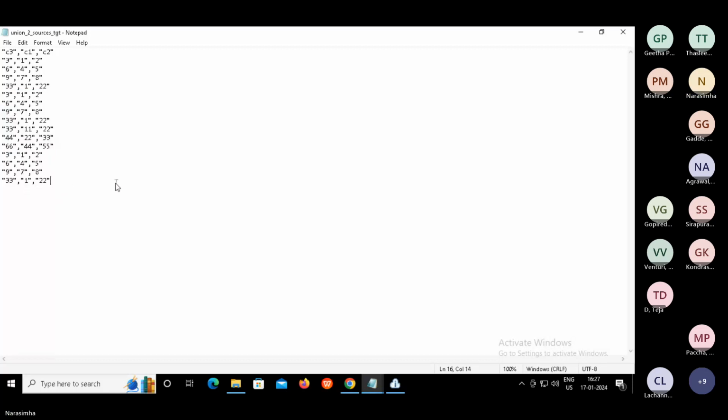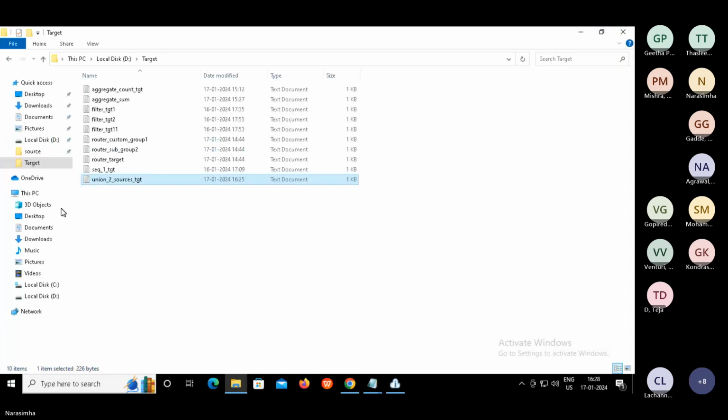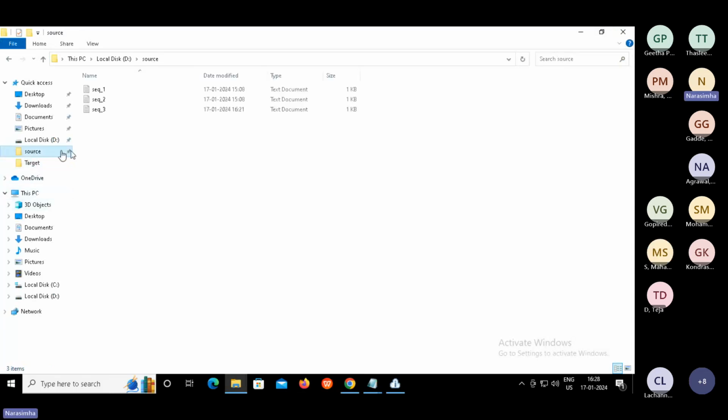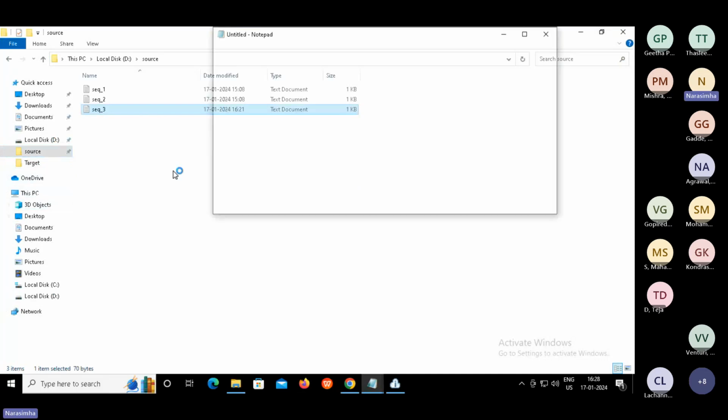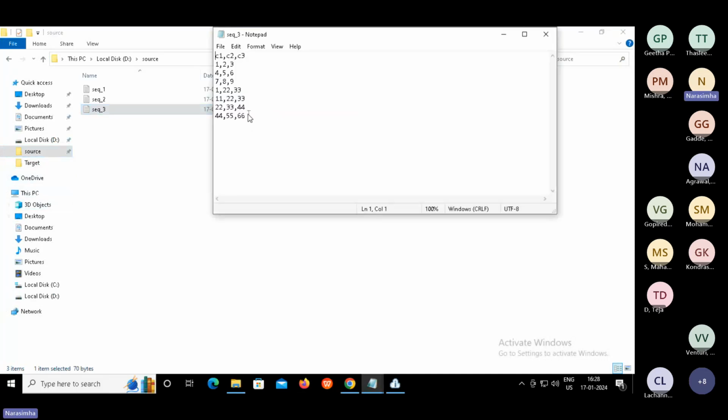One question, please. I joined late. So this newly added field, did we add it in all three sources or only in one source? Only one, the last third source system. Let me show that. Can you see SEQ3? The first four rows are the same, so only the last three rows were added. Okay, I'll make the same change.